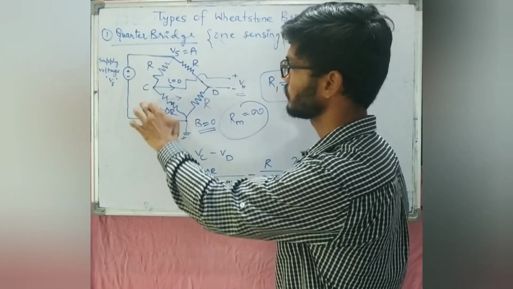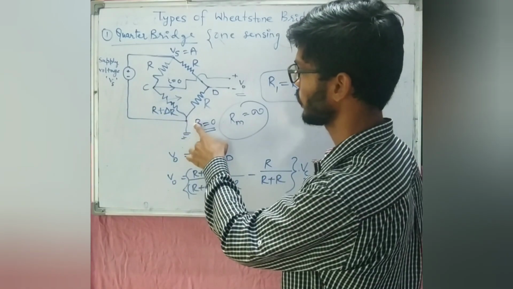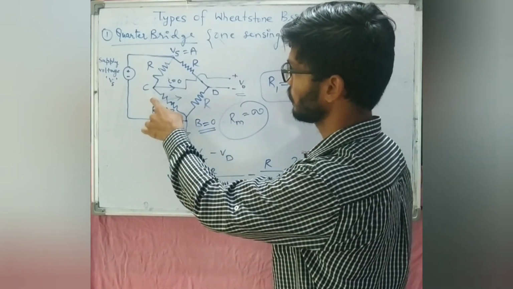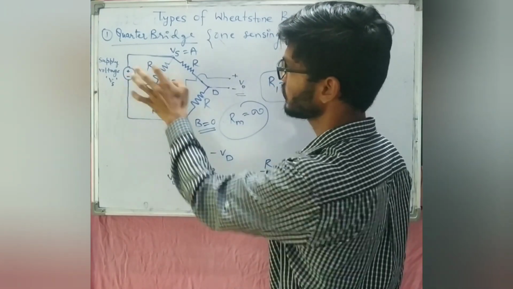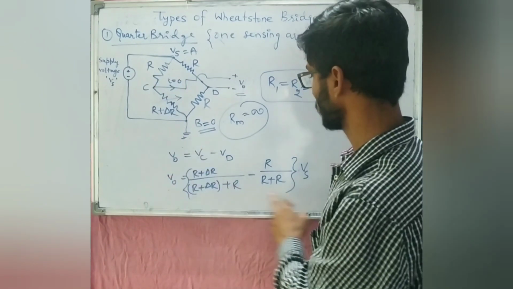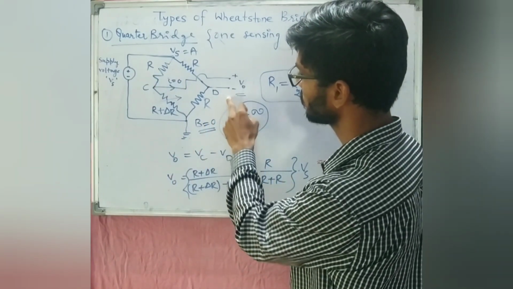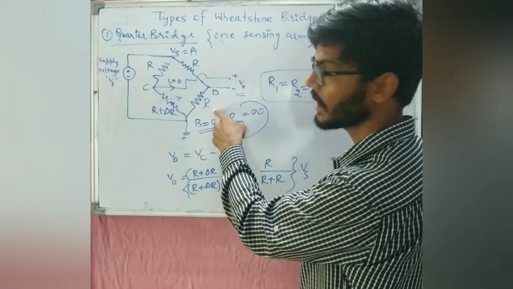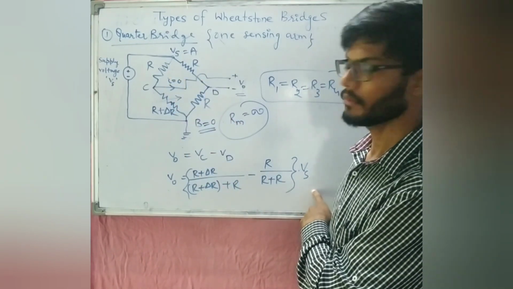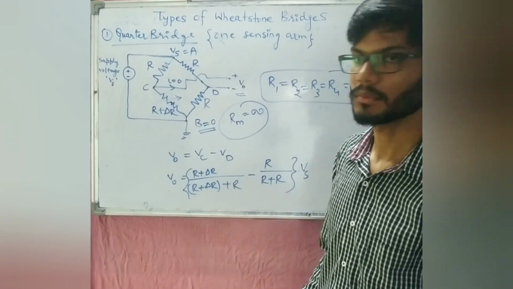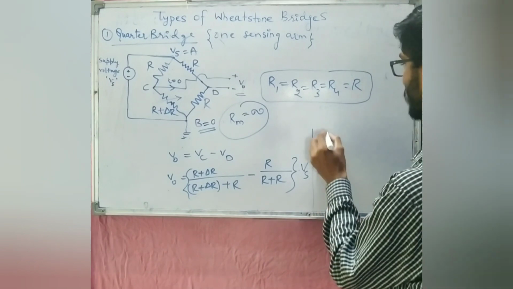Voltage at point C is going to be the voltage across the resistance R plus delta R, as this point is 0. So voltage division says (R plus delta R) divided by (R plus delta R plus R), and the whole thing is multiplied by Vs, minus the voltage across points D and B, which is going to be R divided by (R plus R), and the whole thing multiplied by Vs. So I have taken the Vs term common in the beginning itself. There is nothing left, we just need to simplify it.